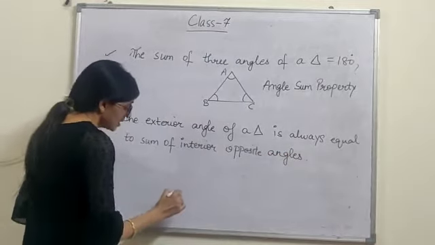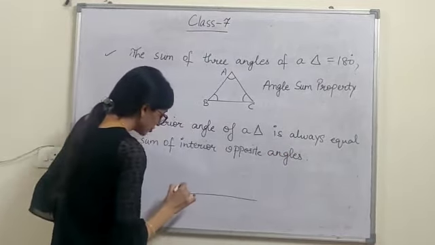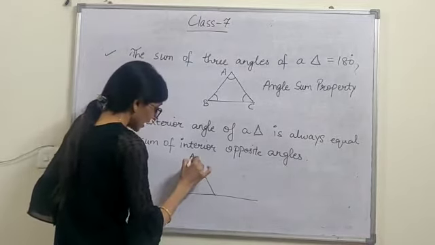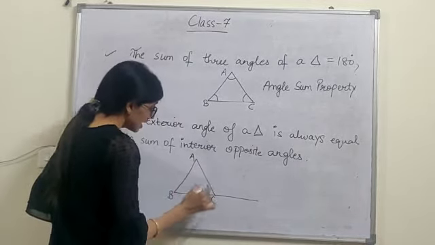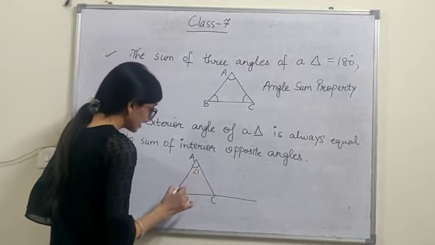That is, suppose a triangle is given to you, A, B, C, and these are the interior angles of